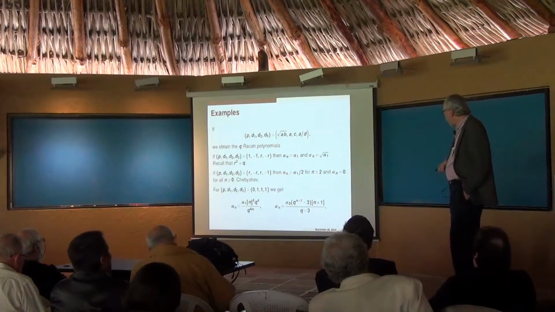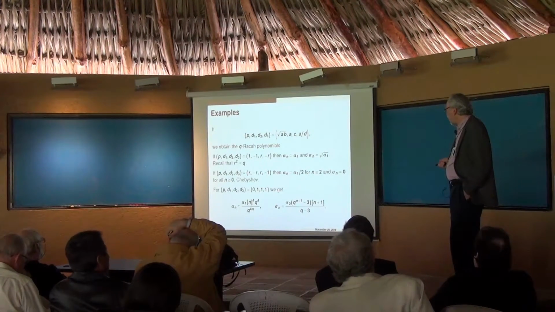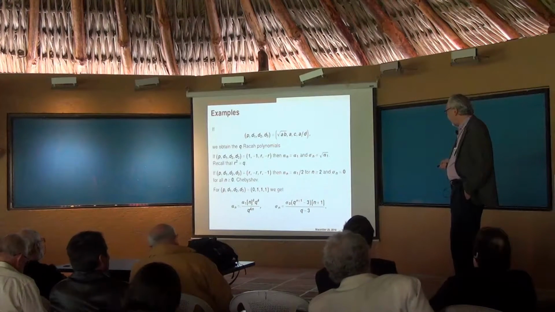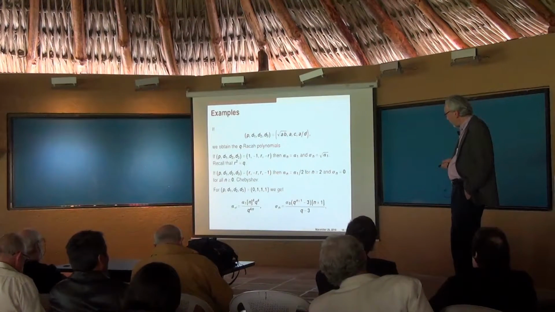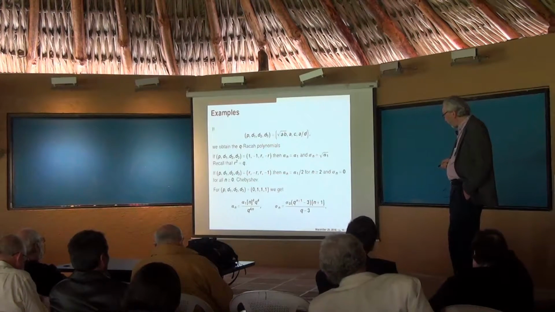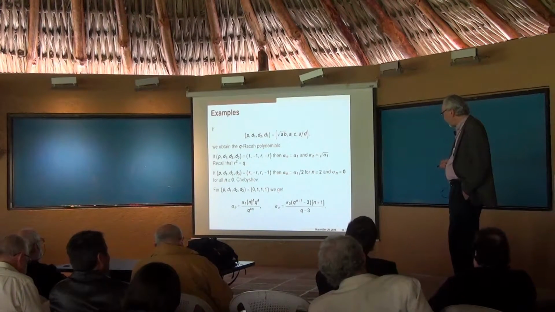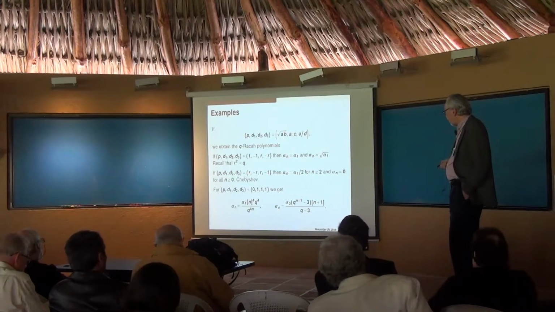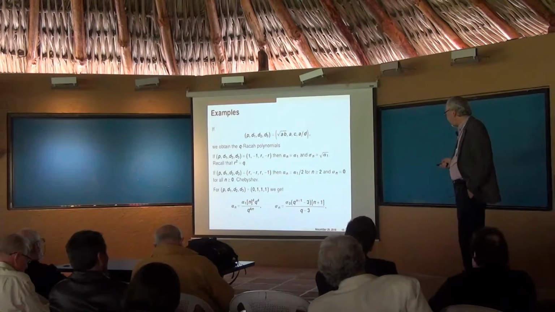Another example is this one. Here we have the degrees of the alphas are 4 and 4. Remember that the alphas are rational functions of q to the k, and so in this case, this has degree 4, and this one too, degree 4 and 4. And these are the sigmas that correspond to those alphas.